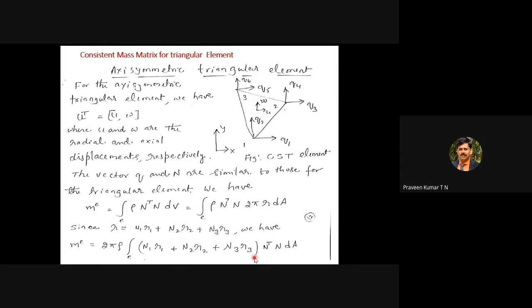You have the formula. You have to use this matrix. So how will you remember? The choice is left to you. Practice once or twice so that you can remember, or at least you can write the triangular element. You can explain the axisymmetric triangular element. You can write N1, N2, all those formulas. Then at least you get around 60 to 70% of the marks.